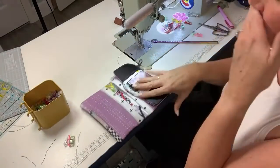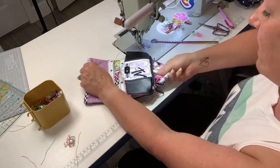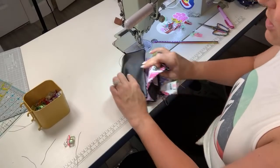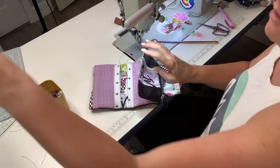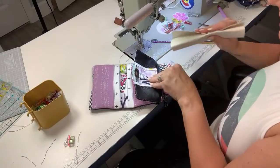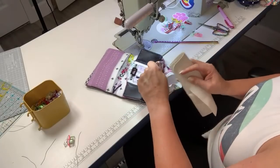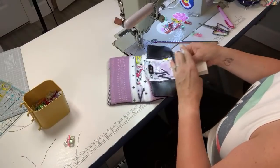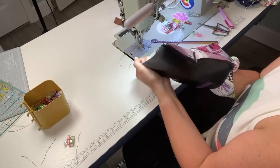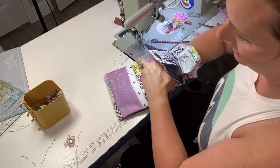So what you want to do next is put in your Peltex piece first. And you may have to trim that down a little bit. And then you want to add whatever type of lock you're doing to this piece here, but you're going to be putting it through the Peltex piece to give it a little bit extra. So I'm going to fold this up like this, and I'm going to slip it down in there. I may have to trim it down a little bit. I don't know yet. Okay. Actually, it fits pretty dang good because I stuck to all of the